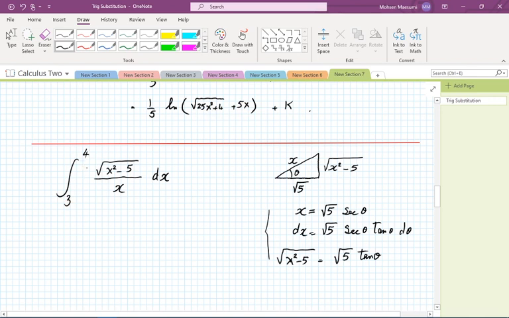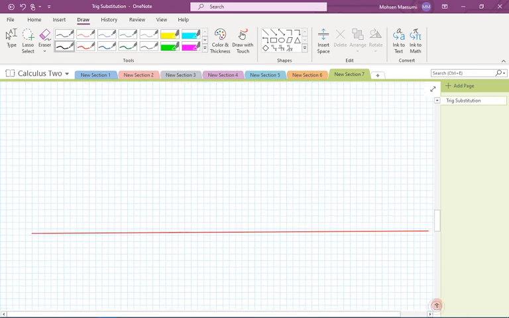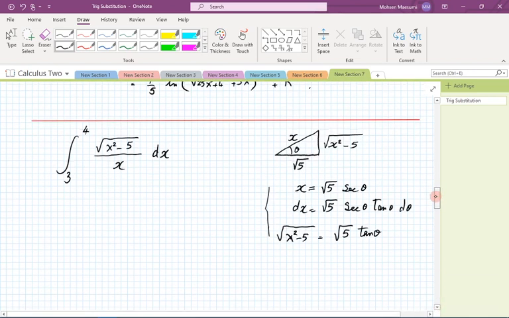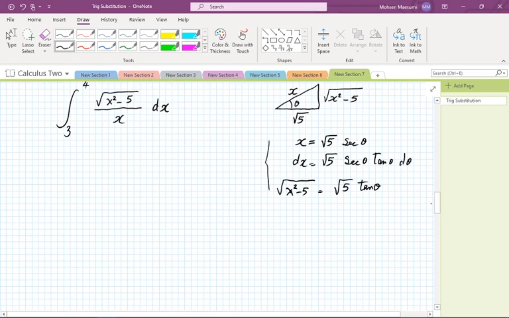There's an alternate way that's a little bit more interesting, a little bit cleaner. The way we think about this is that when you want to do a substitution, do a complete substitution. That is, not only substitute x with theta, but these two limits have to be replaced by specific values of theta, like an initial value and a final value of theta. Meaning what? Meaning